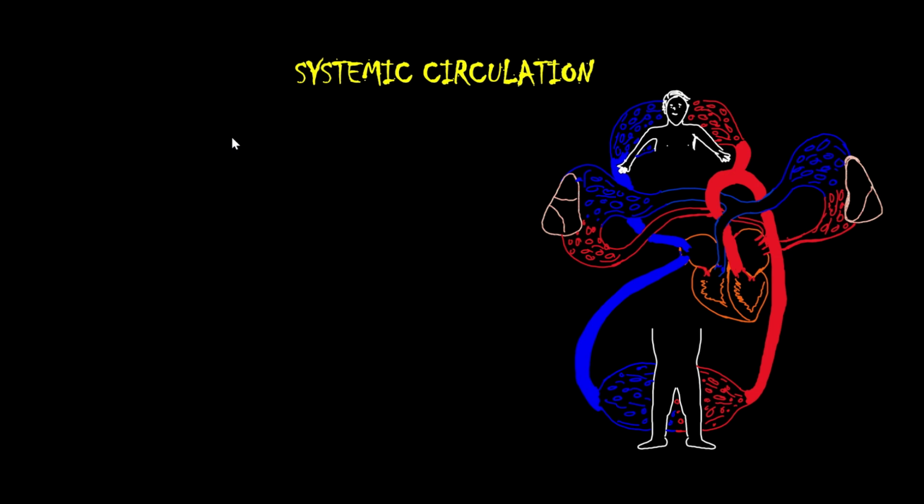Today we are going to start a very important series, which is systemic circulation. In today's video, we will discuss the basis of systemic circulation, that is the aorta. So the aorta will be our main focus for this part of the video. And before starting that important part, we will look at the basics of blood circulation throughout the body. So let's start firstly with the basics of blood circulation throughout the body.